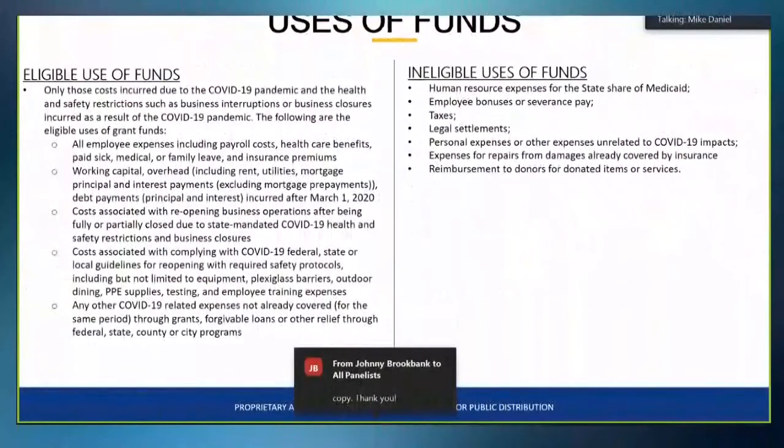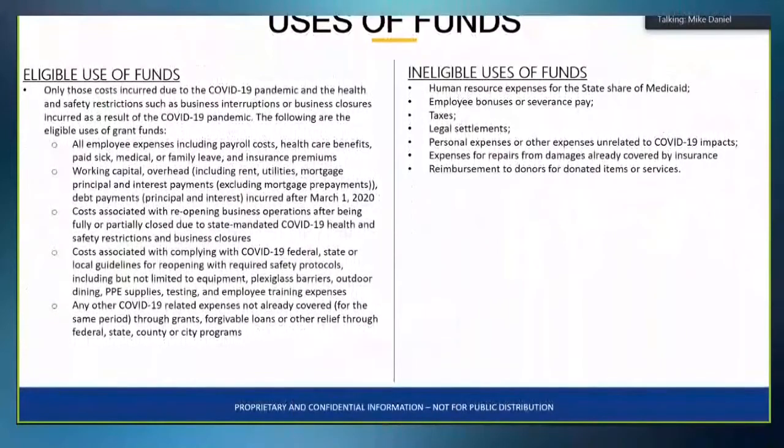So, use of funds, right? How do I use the funds? I get a $5,000 grant, a $15,000 grant, a $25,000 grant. What can I do with it? It can be used for employee expenses, including payroll costs, healthcare benefits, paid sick, medical, or family leave, and